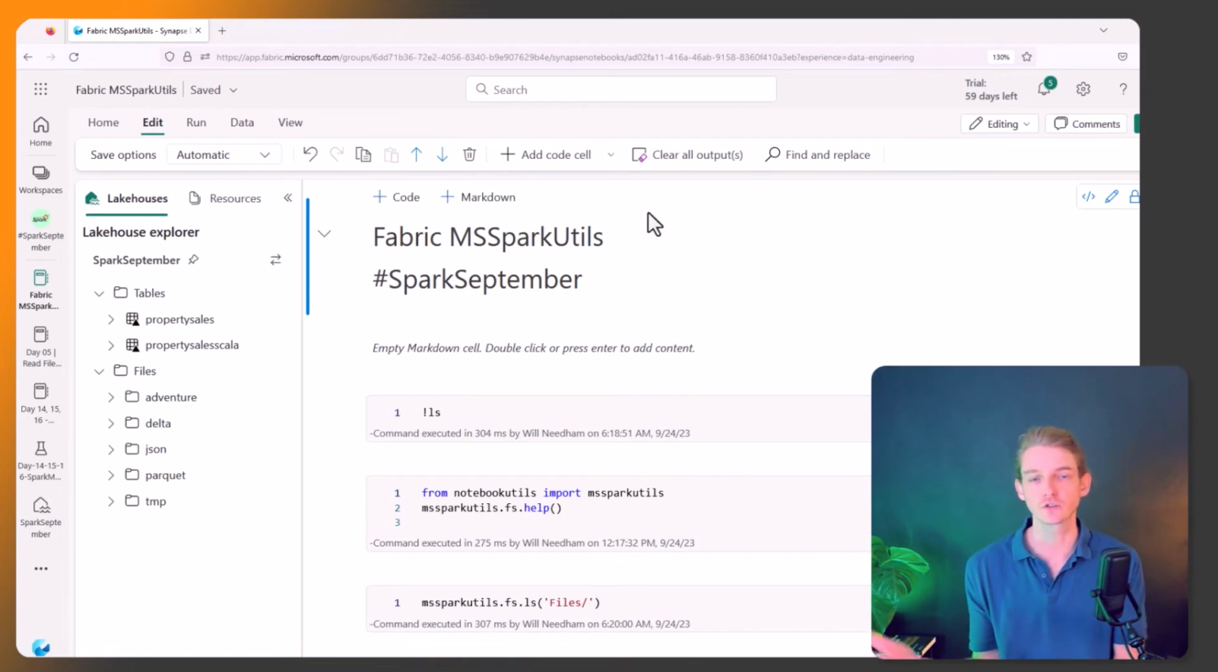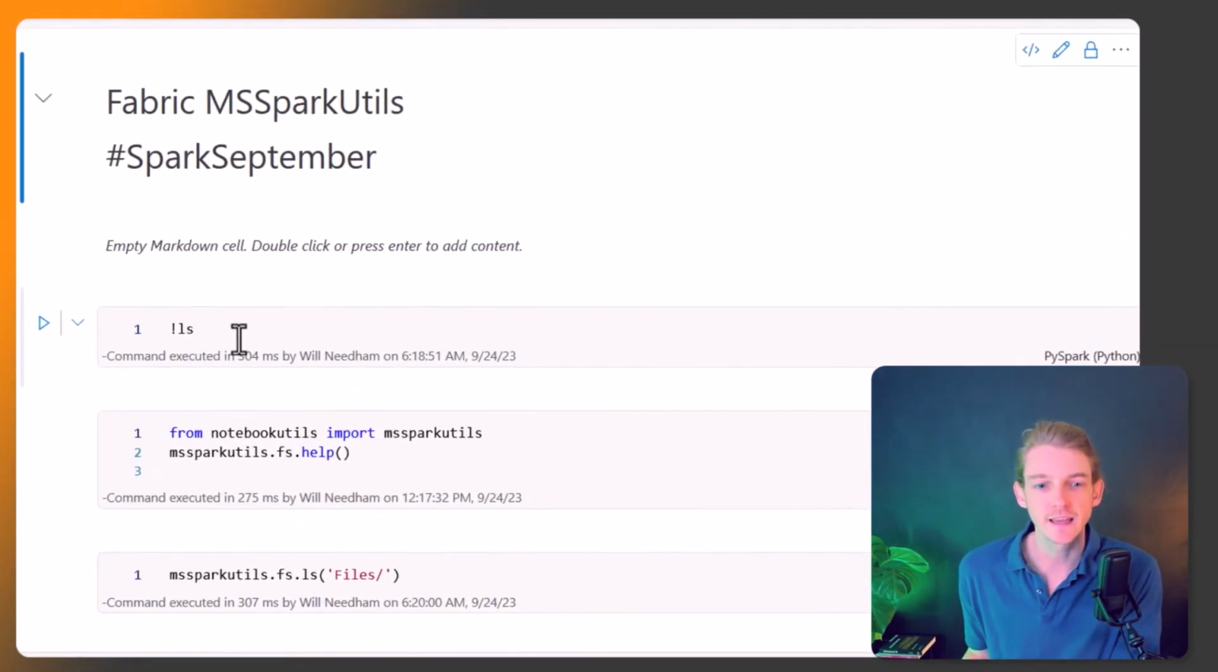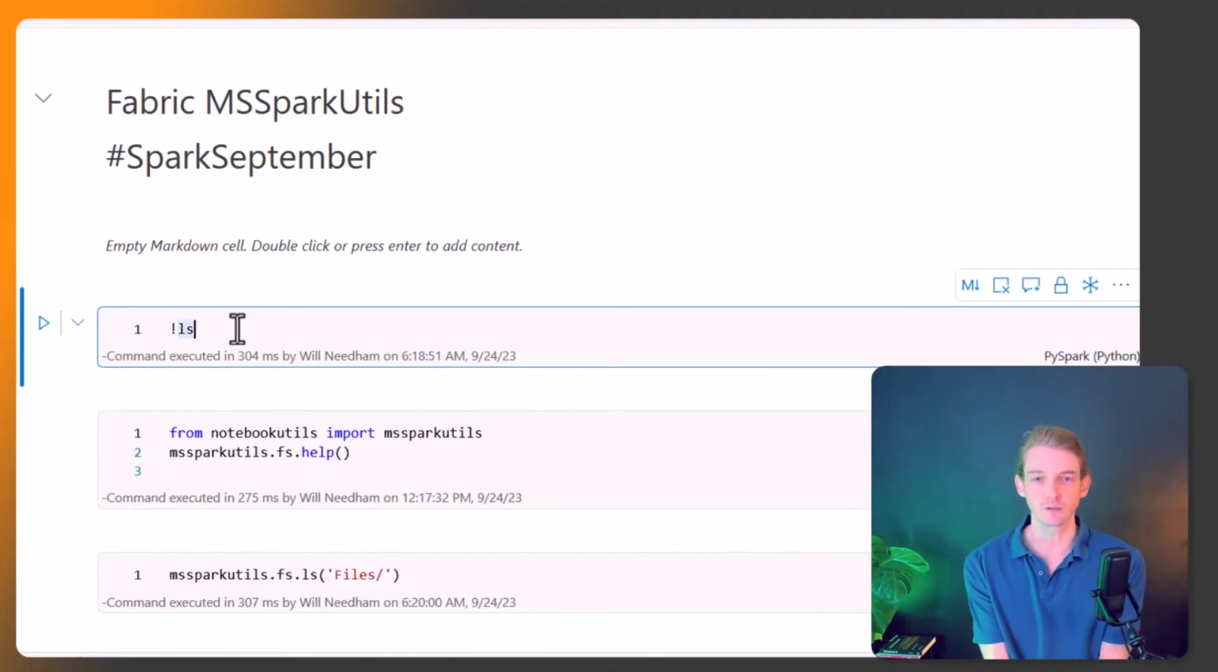So how do you connect to Azure Key Vault? How do you connect to other things? And so this is going to be hopefully a very useful session. Let's dive into it. So the first thing that I want to look at is the file system part of